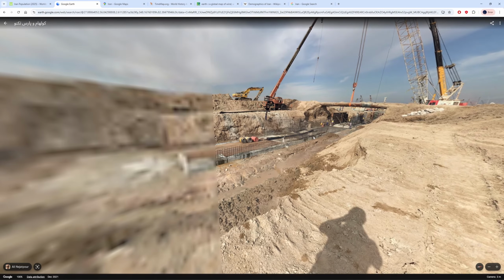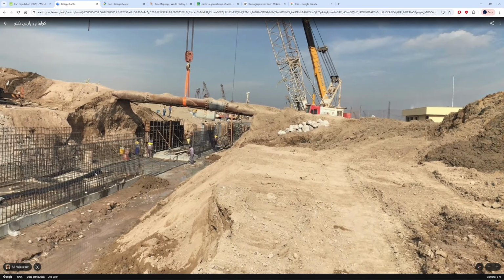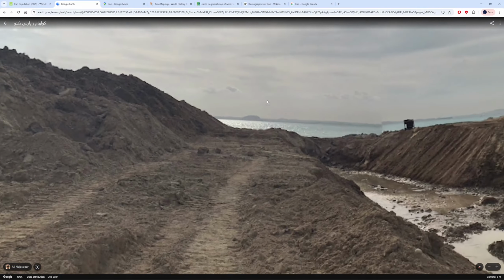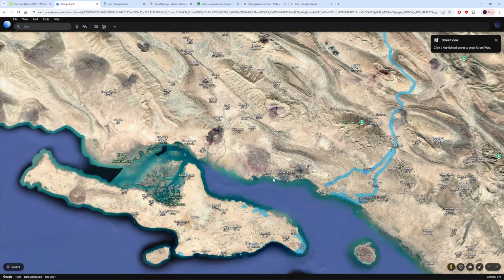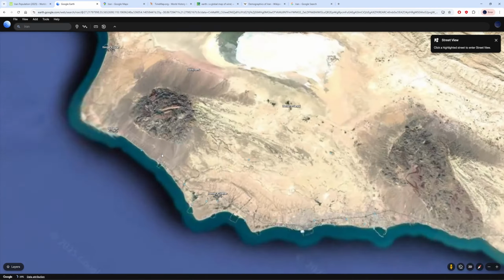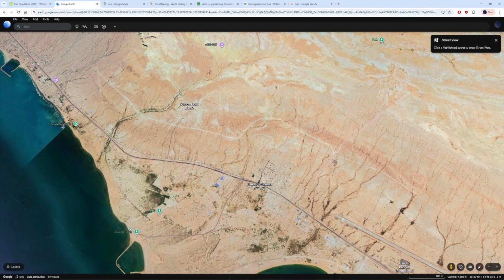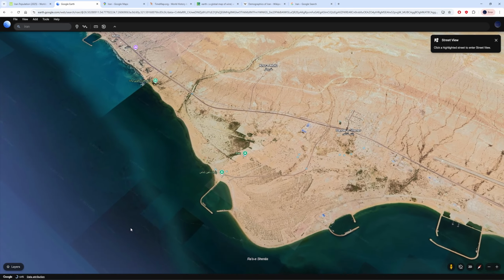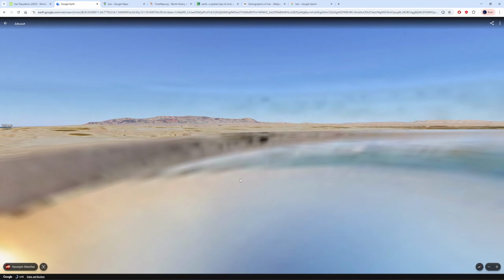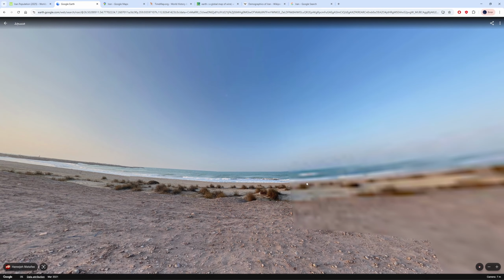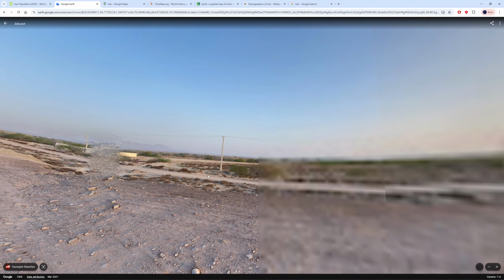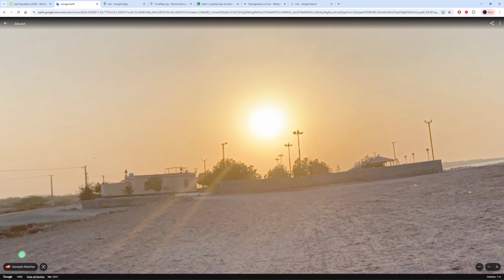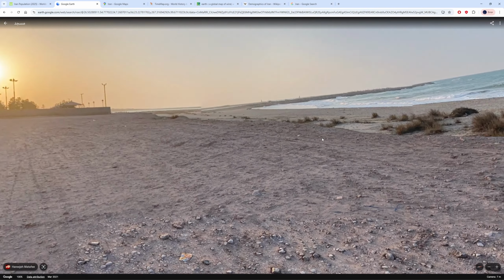Now we have some people working on something here. I have no idea what they're doing, but it's not a picture that I want to see. But you can get an idea how it actually is here. I don't think it's that bad, but also clearly they have a lot of room to improve. This is a big country, so clearly with 100 million people, they have places to stay. Look at this, that's much better. If you show me this picture, I would say, oh, this looks like Australia to me, except these buildings.